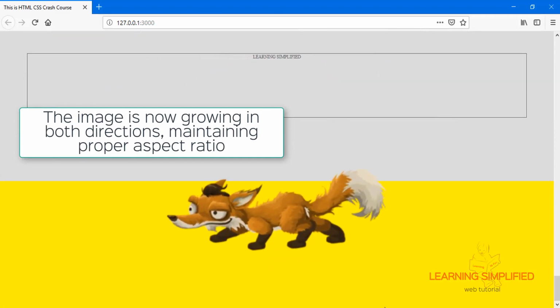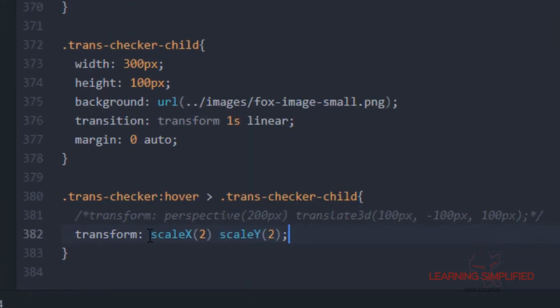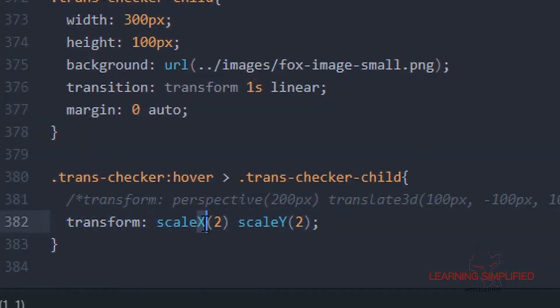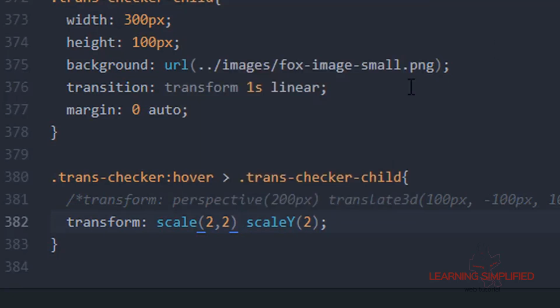Now the question is, do we have to adopt this whole long syntax instead of something short? What if we remove the x and y condition, mention a scale transform function, and put both these values over here? That means we are not mentioning whether this element is growing in the x-axis direction and the y-axis direction individually.